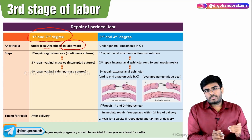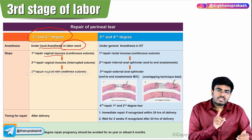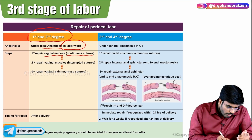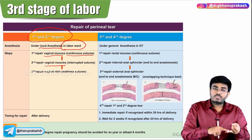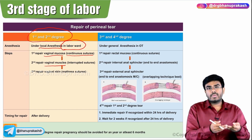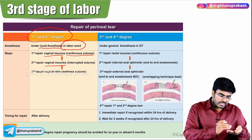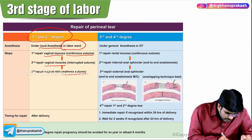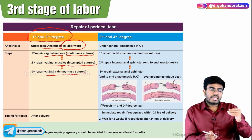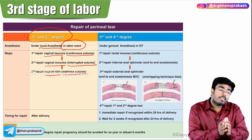See, there is this order of how to repair. First repair the vaginal mucosa with continuous sutures, followed by repair of the vaginal muscles, and at last the skin should be repaired. So deep to superficial we are trying to repair. Vaginal mucosa with continuous sutures, vaginal muscles with interrupted sutures, and vaginal skin with matrix sutures. So this is how we are going to manage the first and second degree tears in the labor ward itself